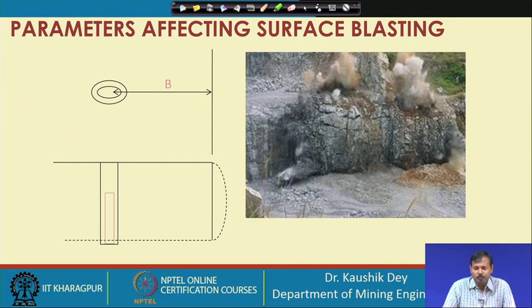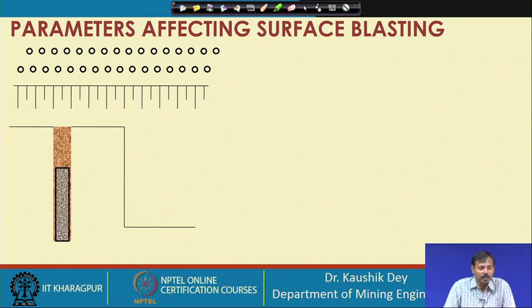So, before carrying out a blast design in the mine to achieve those desired results, let us understand the different parameters that affect surface blasting. We have already discussed in our rock explosive interaction part that a burden has to be decided, and the burden depends on the explosive rock interaction. That was already discussed in the previous lecture, and in our blast design, we carry out, this is the plan and sectional view.